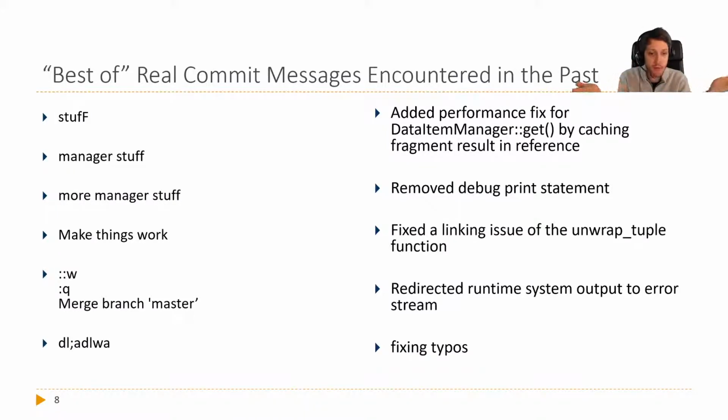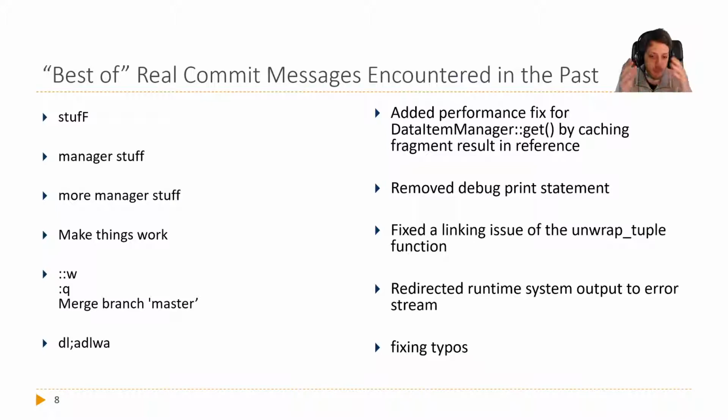The next commit message, "remove debug print statement". Doesn't tell us really where it happened, but usually removing debug print statements means somebody forgot to disable some debugging print statements when they were committing the code. They were debugging and they left the output in there. This happens all the time. And those I think are fine, because usually if you run into errors of your program, you don't care about the debugging output that the program made. So usually I don't see the point in elaborating where this happened, for example,